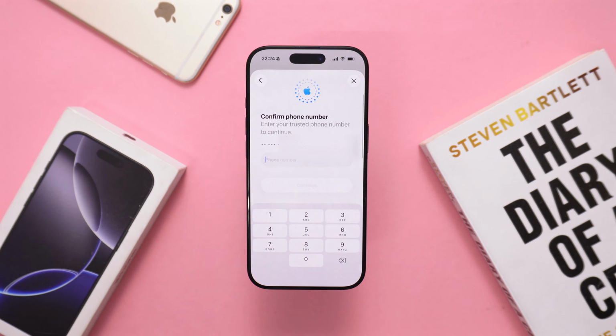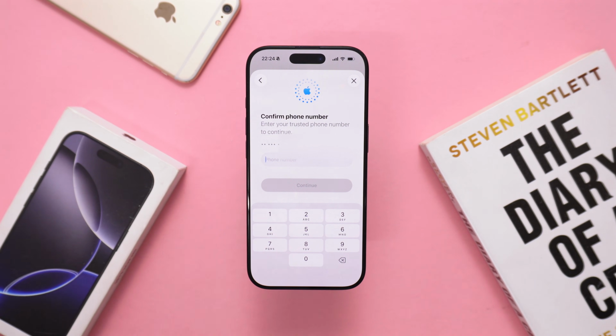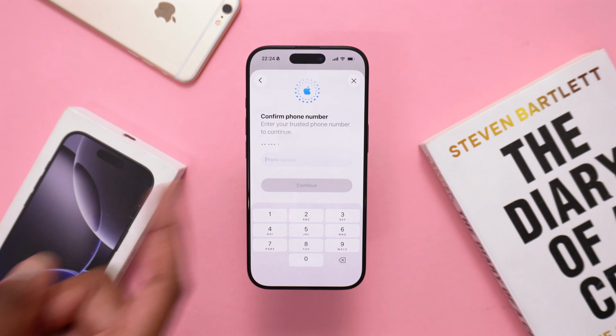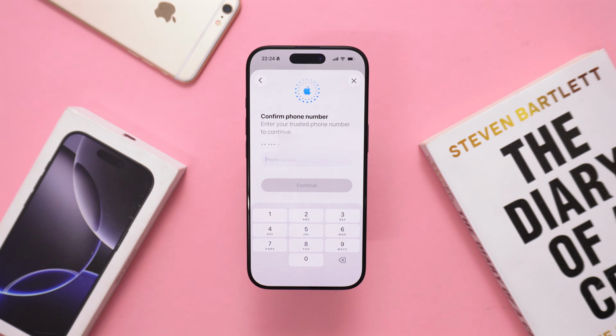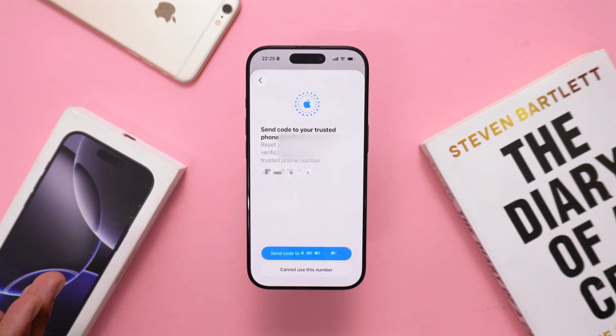Now it's going to take you to another screen where it's going to say, hey, we need you to confirm the phone number associated with that specific iCloud account. So it shows you the last 2 digits in here, which is the hint for you to remember that phone number. So you need to type in that specific trusted phone number. Once you're done, you're going to tap on continue